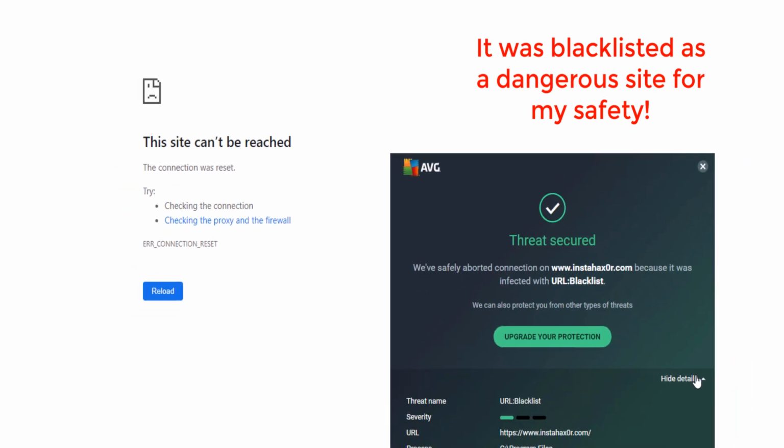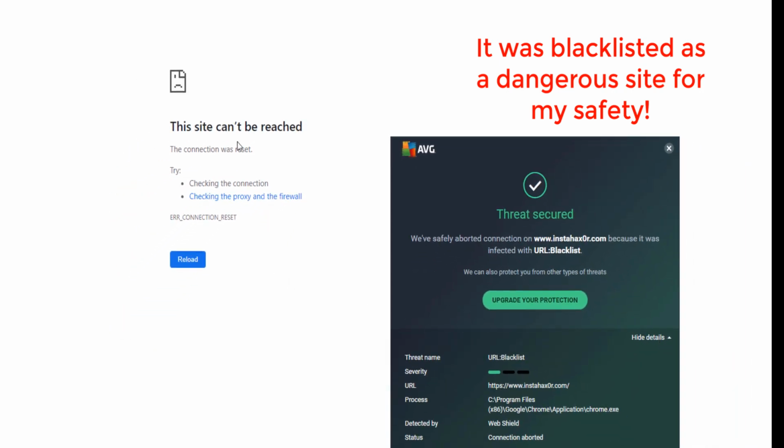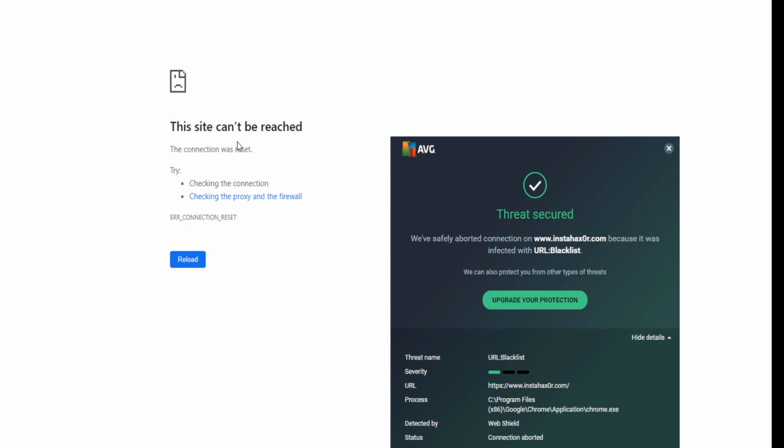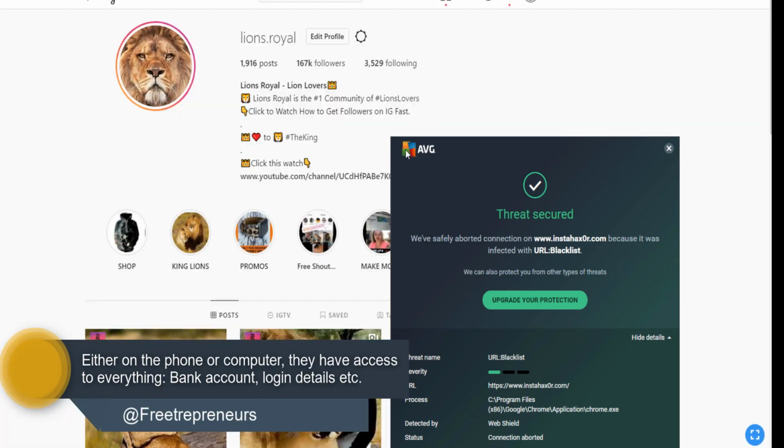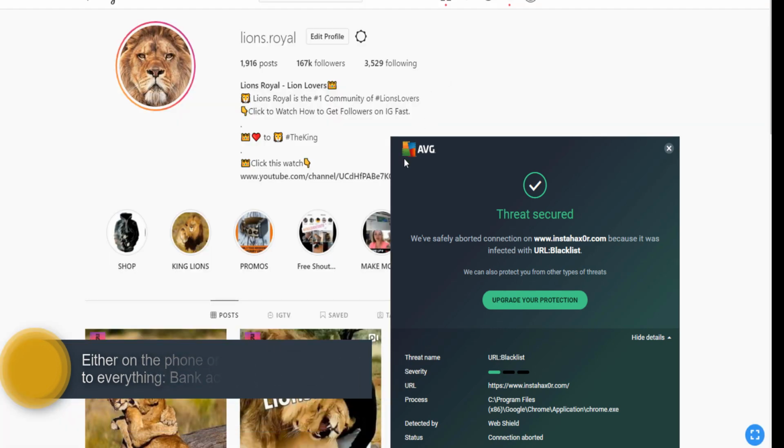It cannot even open. I want you to be really aware of this kind of website, because the moment you open this kind of website and you put any information about your Instagram account, not only is that Instagram account going to be hacked, but then they're going to blackmail you.